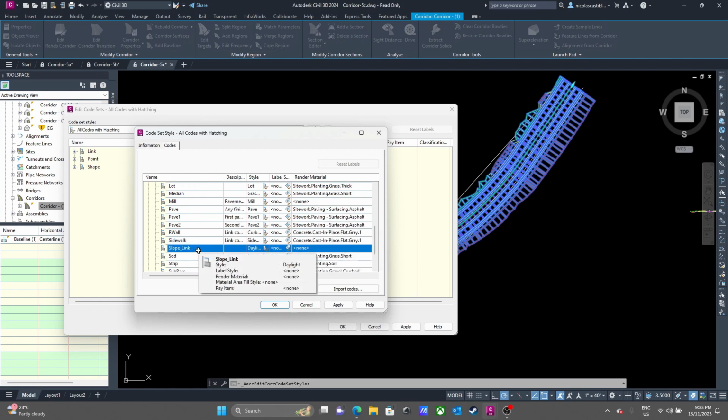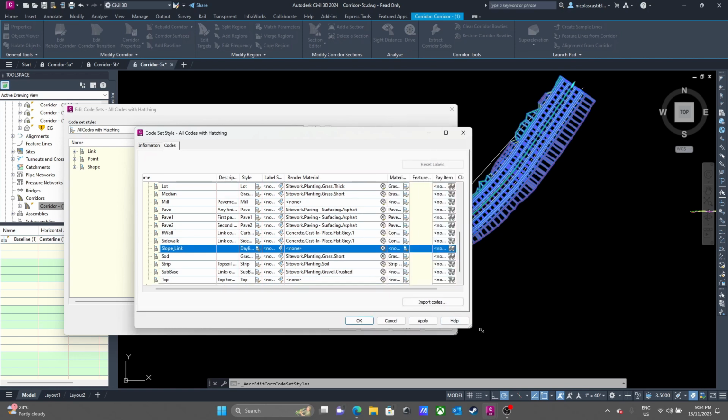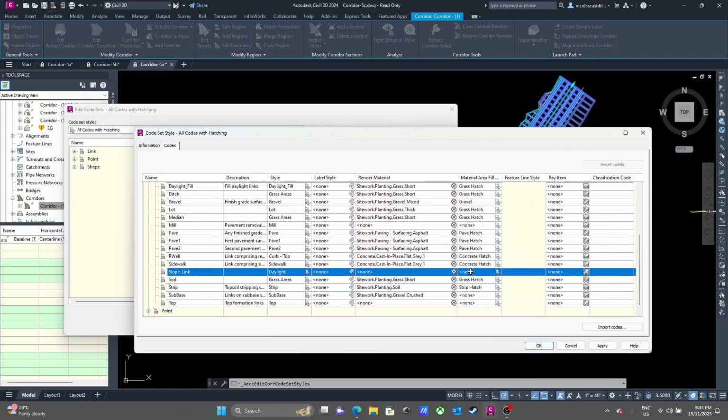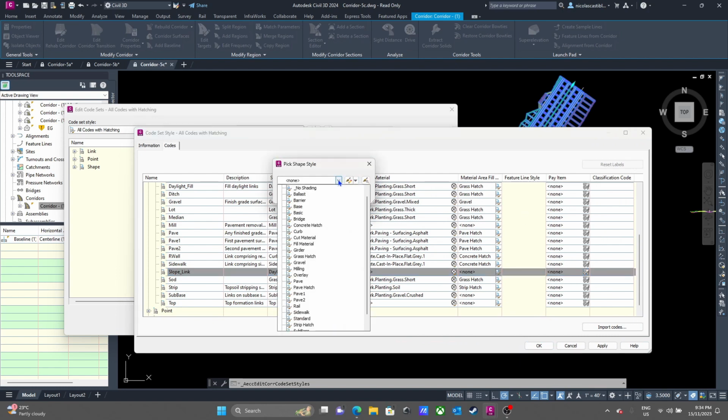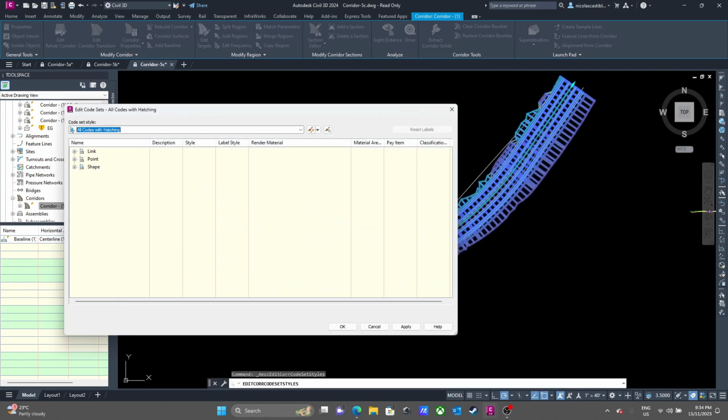So in the drawing, we're gonna select the corridor, click the corridor tab. We're gonna select edit code set styles. So in the dialog box under code set style, we're gonna select all codes with hatching. And then we're gonna click edit current location, which is the next one on the pencil. In the code set dialog box on the codes tab,